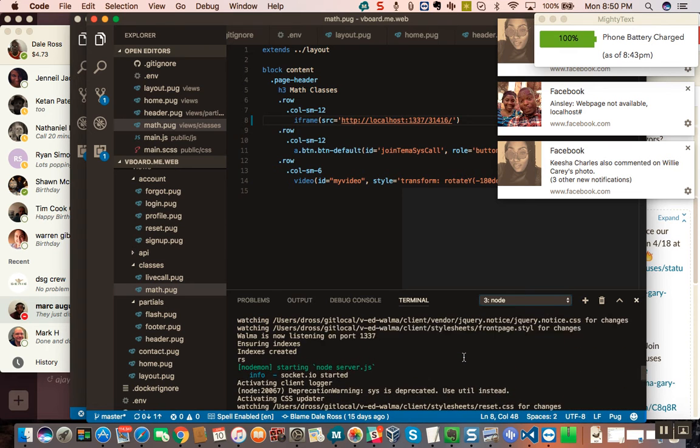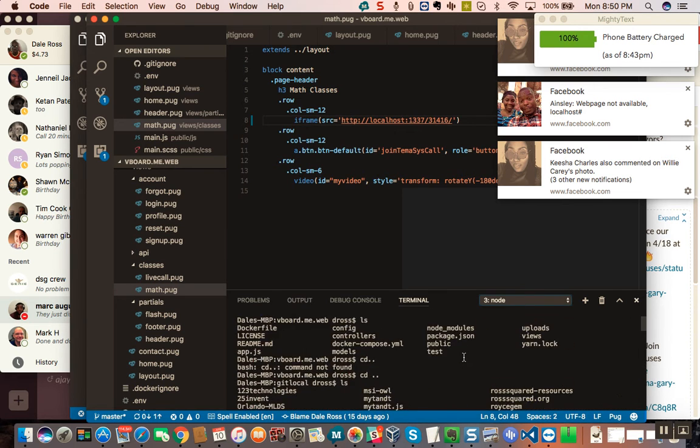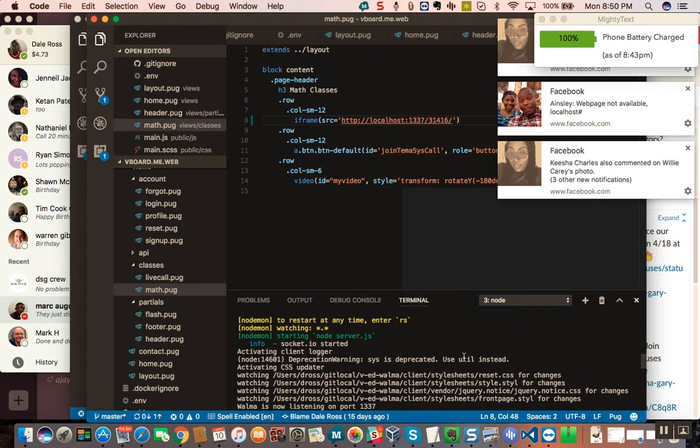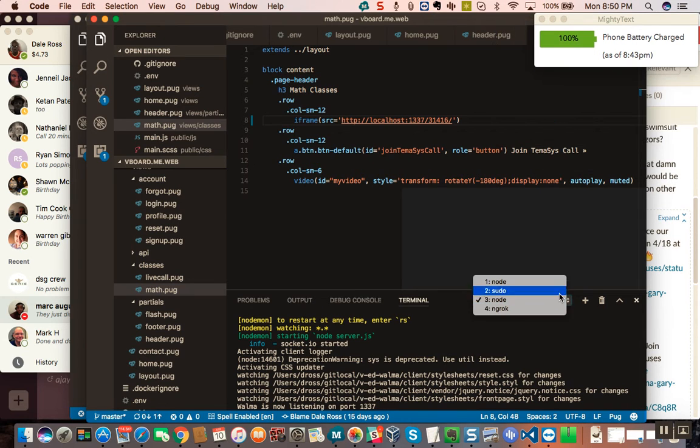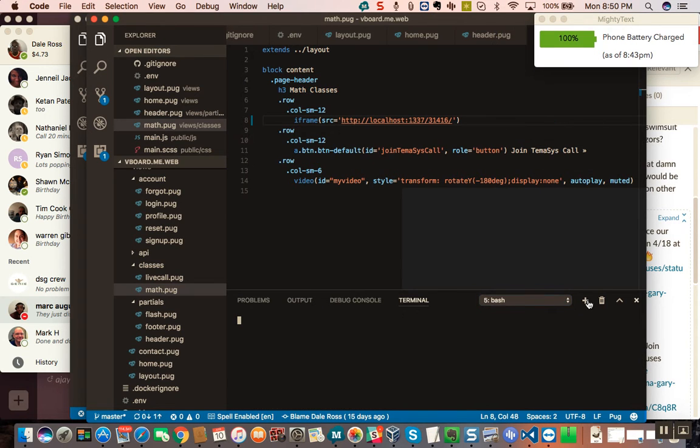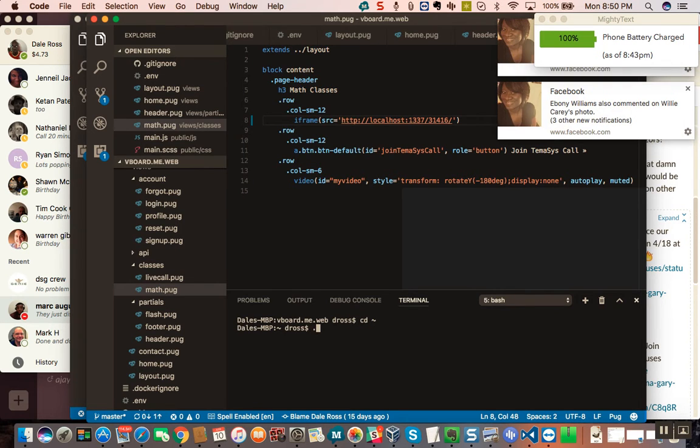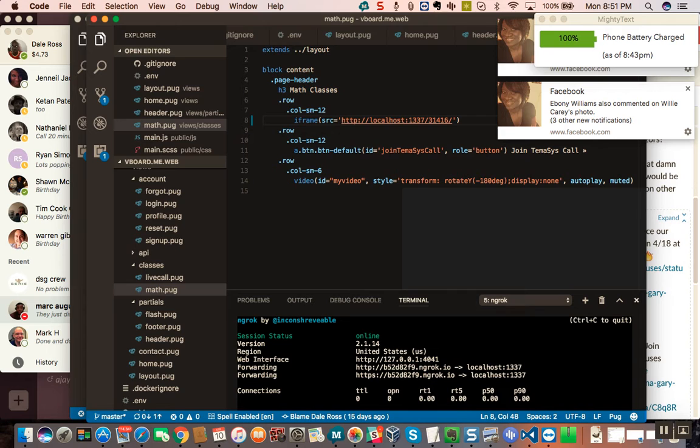This is being served on port 1337. So I could add another terminal and go to the root, the home directory, and with ngrok I'm going to serve it using HTTP, but I'm serving my local port.